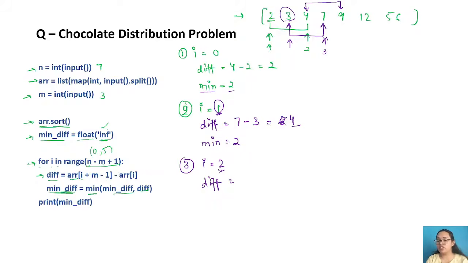So 2 plus 3 is 5, and we have to take one less because we are starting with 0 index. So 2 plus 3 is 5, 5 minus 1 is 4. So the value at the 4th index is what? 9, right? So we'll take 9 minus the current value of I. The current value of I is 2, which means we are talking about this 4. So 9 minus 4 is 5. Again, we will try to update the minimum value, but the minimum value will stay 2, because obviously 2 is the minimum out of 2 and 5.